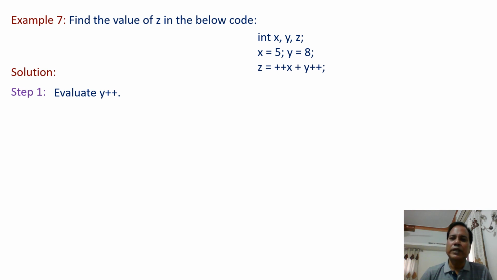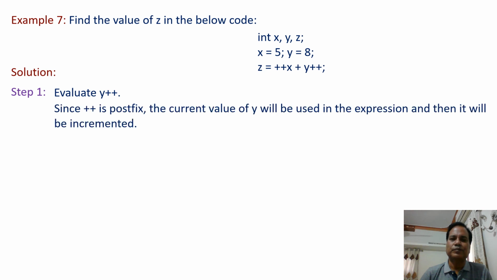In case of the post-increment operator, the present value of y is used in the expression. Since ++ is postfix, the current value of y will be used in the expression and then it will be incremented. So our expression becomes z equal to ++x + y, and also